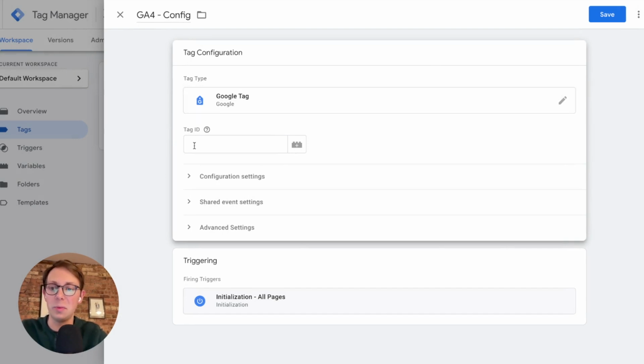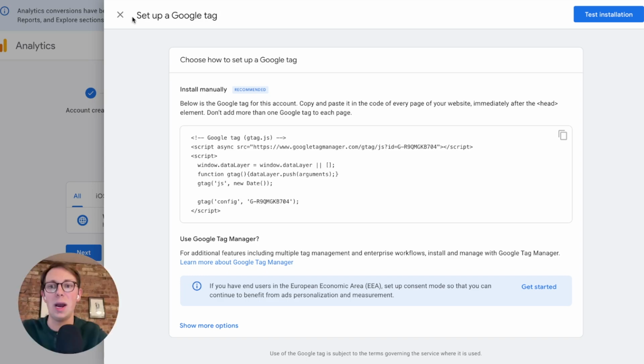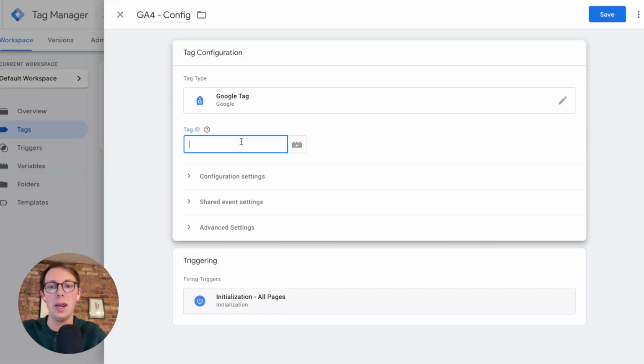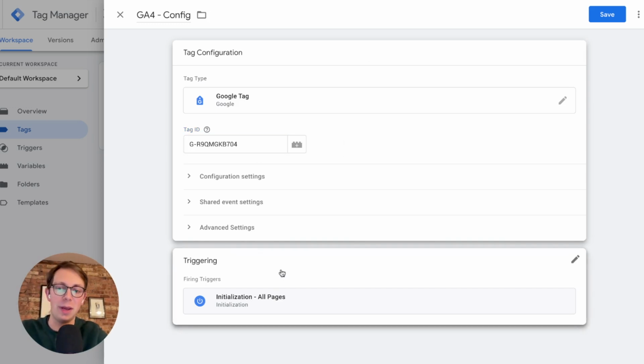Now, the critical piece of this is the tag ID, which we actually have to go back into GA4 to retrieve. So what I'm going to do is go back into our data stream, and instead of using the Google tag that they were recommending, I'm actually just going to copy over this measurement ID here, and we're going to go back to Tag Manager and paste that in as well. For triggering, I do recommend using the initialization since we want this to run before everything else, and we'll just